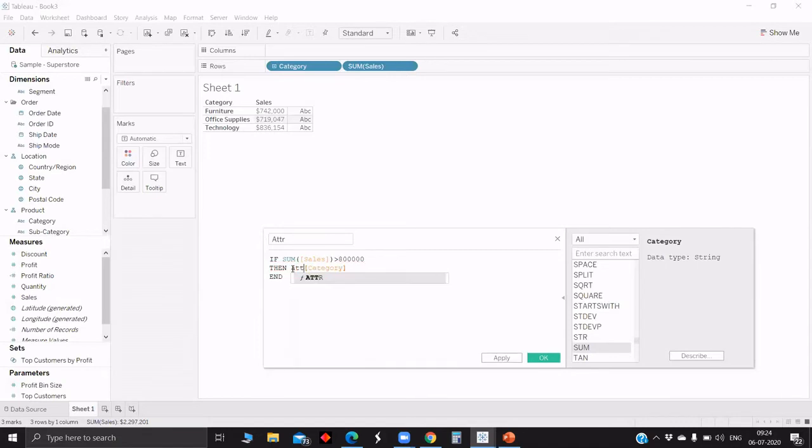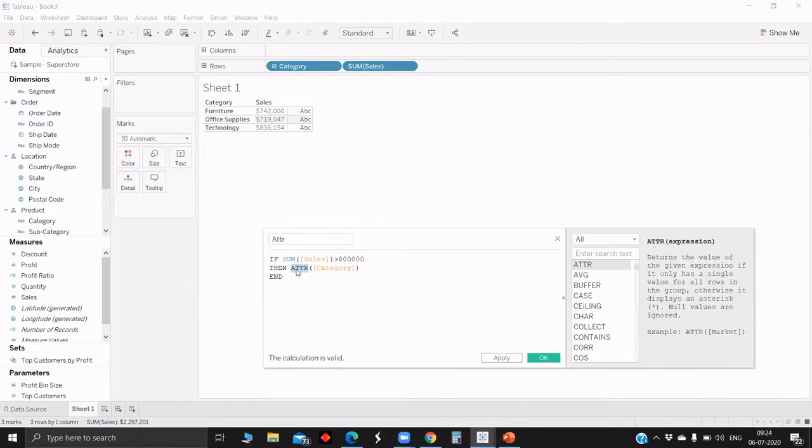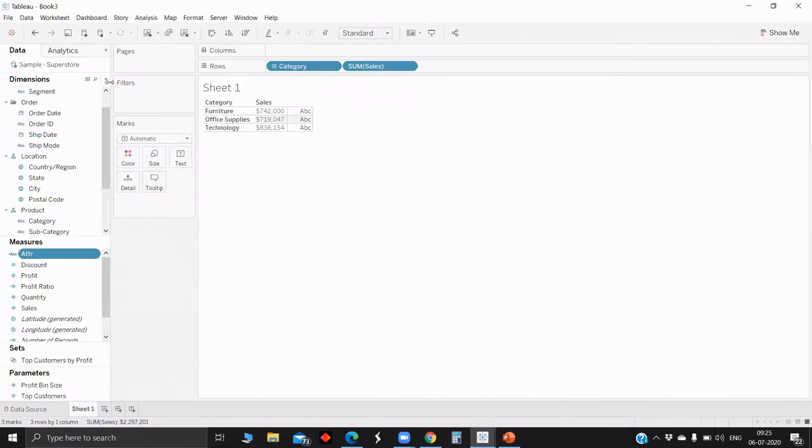The only way is to use the ATTR function. Once we use this, we aggregate the field by using the ATTR function, so now no error will be shown. Some places we can use aggregation directly. Some places we get stuck, like we don't know which aggregation to use, or we want to use that field as it is, then we can go with the ATTR function. It will aggregate, and we won't have any error.